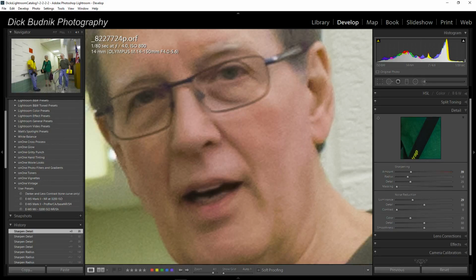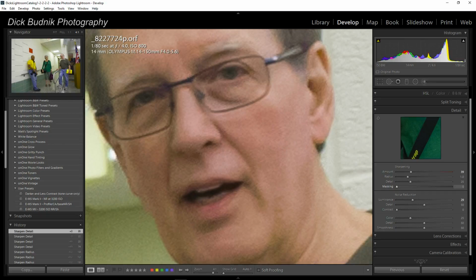Okay, we brought back the sharpening to some extent by moving the amount slider for the sharpening, but the problem is we started to bring back some of our noise when we did that. So what Adobe has done is they've added this masking slider. What the masking slider does is it allows you, in essence, to convert it from an overall sharpening of the image to sort of an edge sharpening of the image. Okay, it's similar to the high-pass filter in